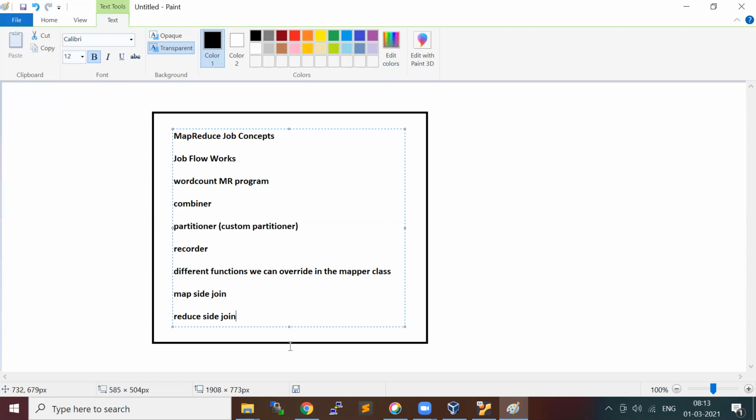I feel this should be enough for the MapReduce component. If you have good knowledge of these things, you should be able to answer the questions in an interview, and it's also good concept-wise, a base understanding of how the MapReduce program and framework work.